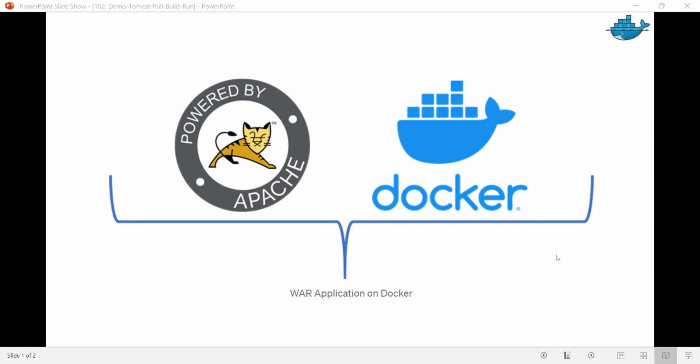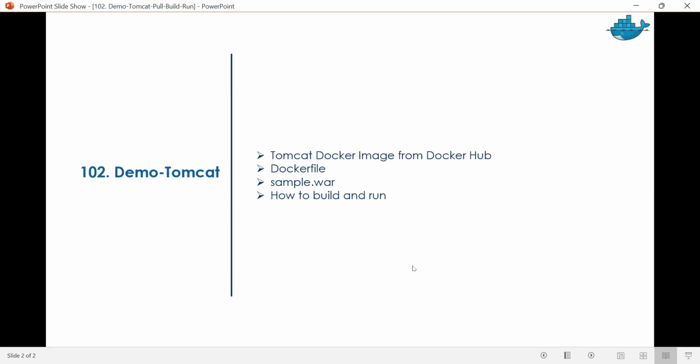Hello and welcome. In this video, we are going to learn how to deploy a Tomcat war file in a Docker container. So it's a 102 demo, especially for Tomcat, and you can see here we have a Tomcat Docker image